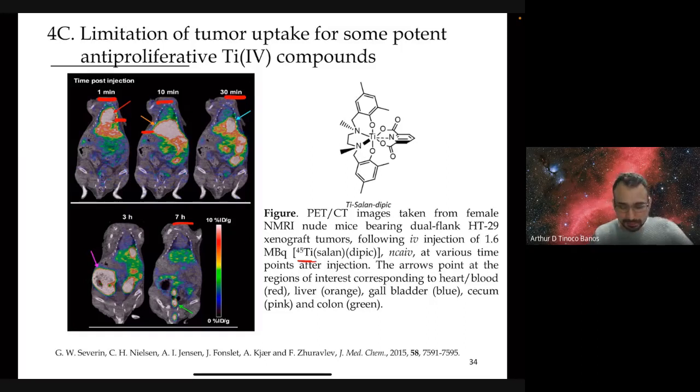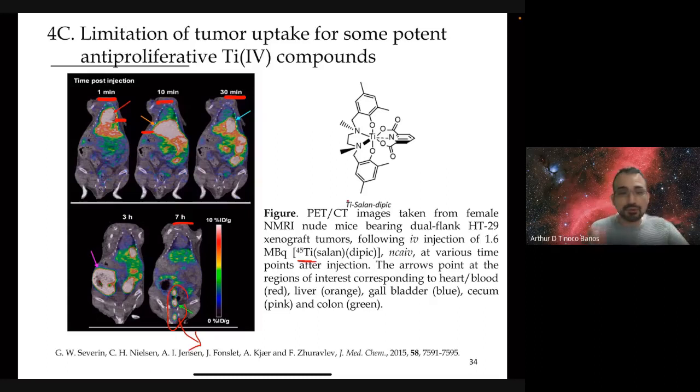And then ultimately, by 7 hours, the compound is excreted from the mouse. What is observed is that the compound goes through the whole body, but there really is not a significant uptake or localization of the compound in the tumors that were implanted in this mouse. So again, this is another example of a translation that was not observed,